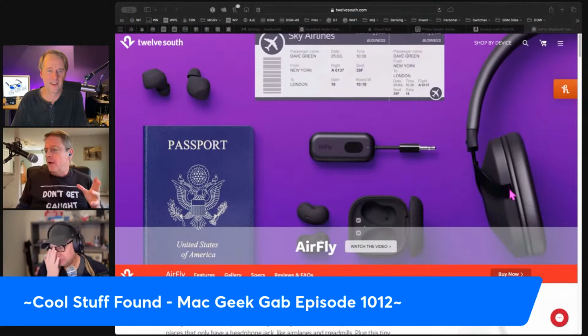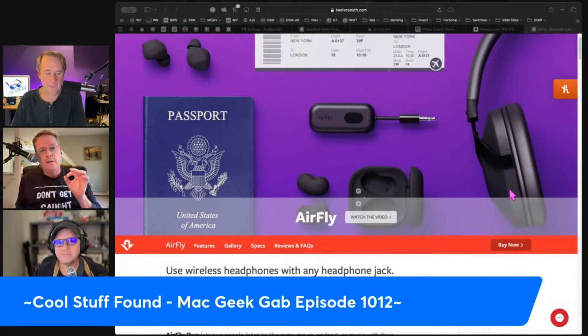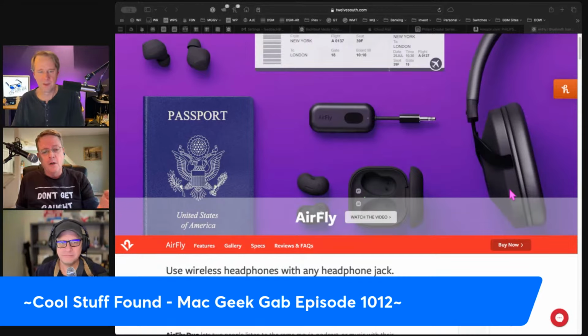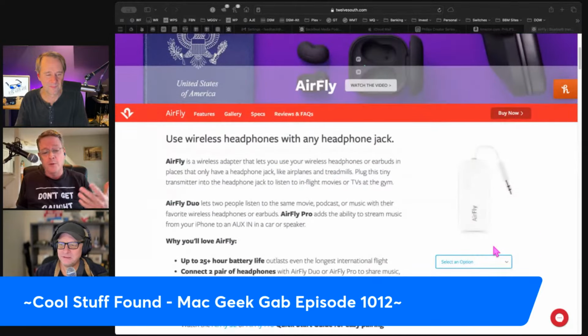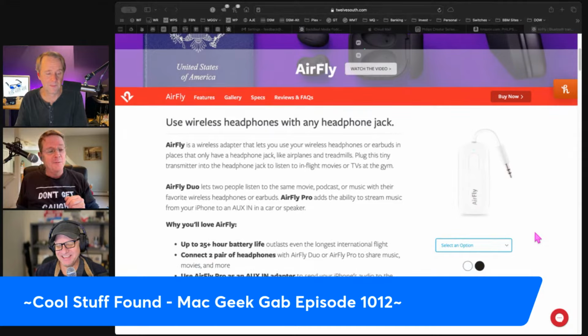It's the AirFly by TwelveSouth. It allows you to take your 1/8" jack and plug it into AirFly, hence the audio jack on an airplane, so that you can watch video over Bluetooth. So when you're sitting on the aisle and the guy in the window seat needs to get up, you don't have to unplug your cord so he trips over it. It's a little dongle that you plug in and it Bluetooth connects to your AirPods or whatever other Bluetooth headset you have, and you can listen to audio cord free on the airplane. Careful not to donate it to the airplane seatback gods, but